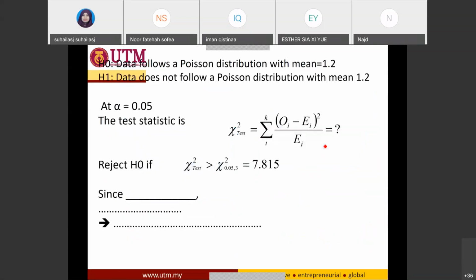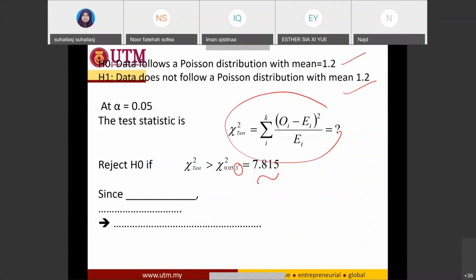So again, H0: data follow Poisson distribution with mean 1.2; H1: data does not follow. Find your chi-square test. Reject when chi-square is greater than chi-square alpha with degree of freedom 3, which is 7.815. So compare, since this one is greater than or less than, either you reject or fail to reject H naught, and then write the conclusion whether your data follow Poisson distribution with mean 1.2 or data does not follow